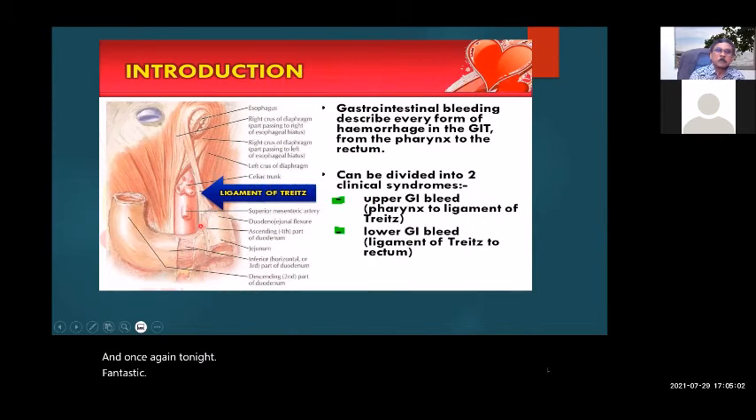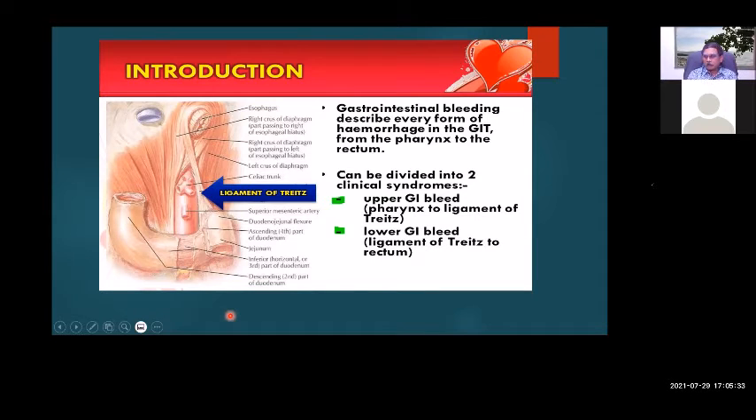The ligament of Treitz at the duodenojejunal flexure. Anything proximal to it is considered upper GI bleed, and all bleeding distal to that ligament of Treitz is considered lower GI bleed. I've covered upper GI bleed adequately in the last lecture. Today, we shall talk about lower GI bleed, which is bleeding from the DJ flexure right to the anorectal